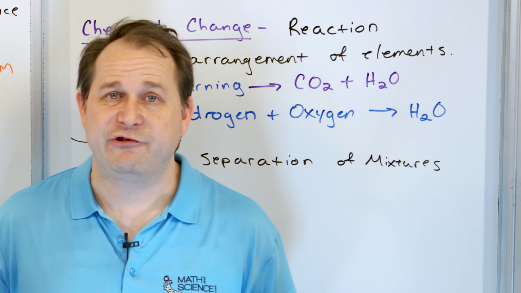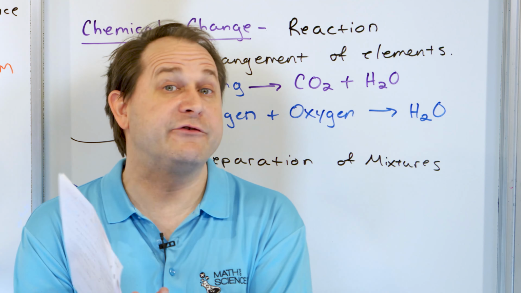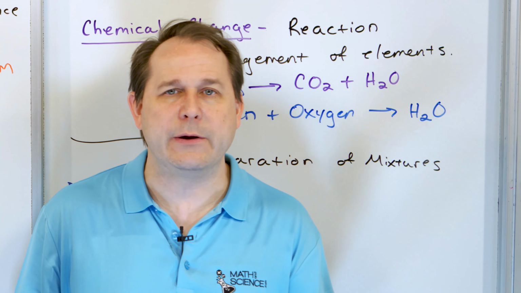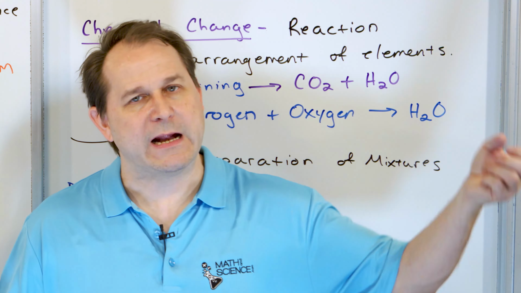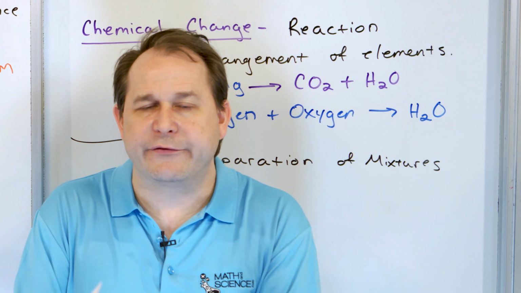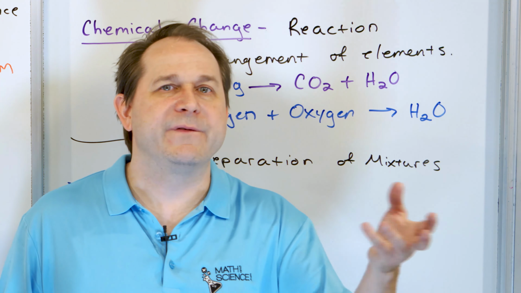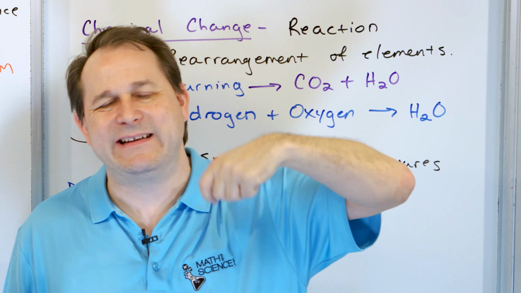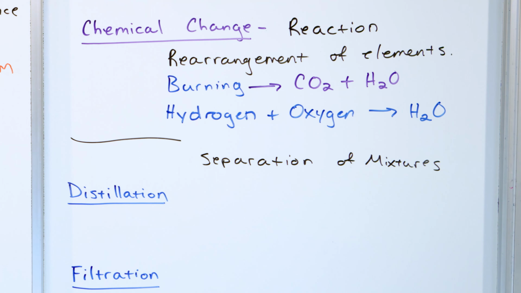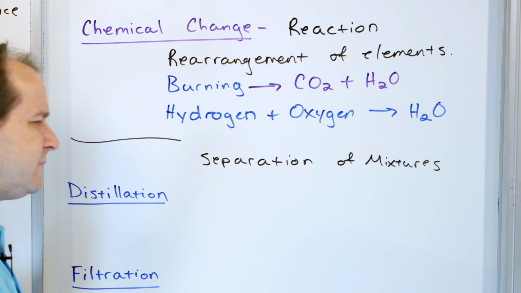We talked about mixtures. Mixtures are when things are mixed together, but there's no chemistry happening, no electron transfer, no bonding. It's just two things mixed together, like rocks and water. If I have a bucket of water and I pour rocks in and I stir it up, well, there's nothing chemically happening. The rocks are still at the bottom. It's just a mixture. Or sand is a mixture. Or flour. If you put flour and water and mix it, there's no chemistry. It's just a mixture of two different substances, right? Well, how do you separate mixtures? Once you have a mixture, how do you separate it?